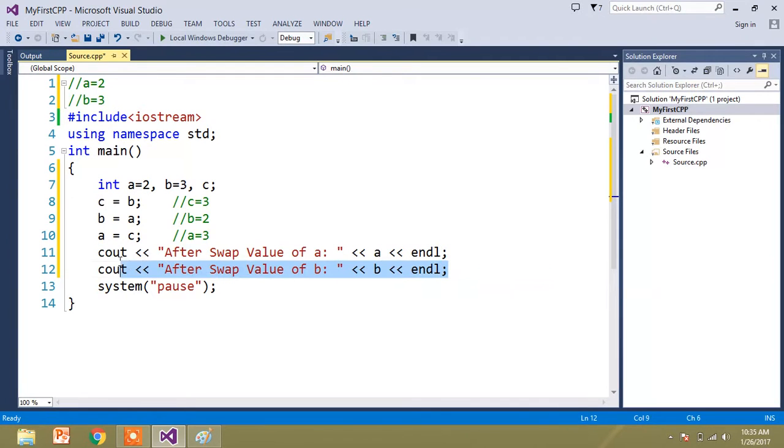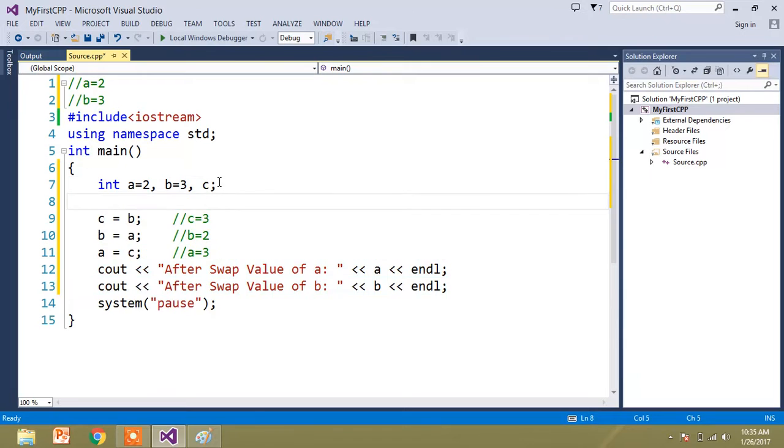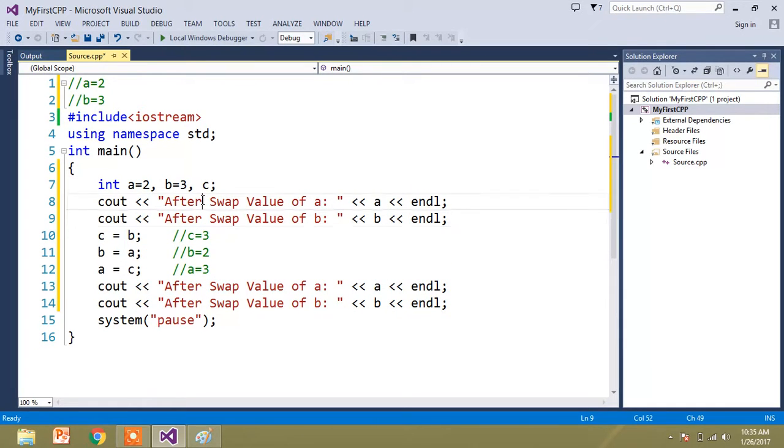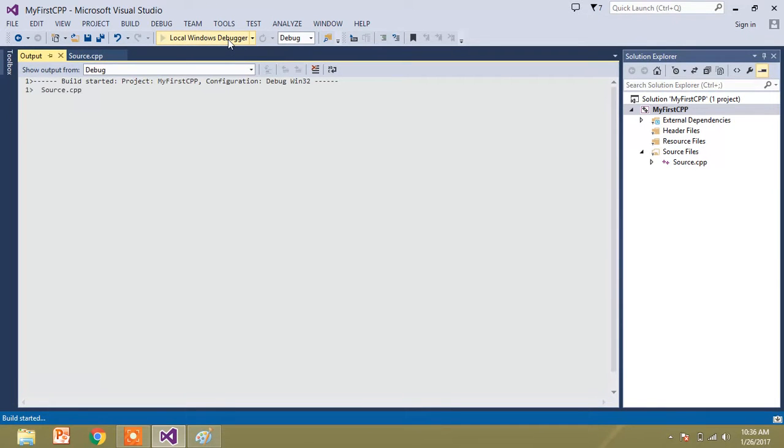Now, before swapping I want to show the value of A and the value of B. Before swap, value of A and value of B. Let's run this program and see.